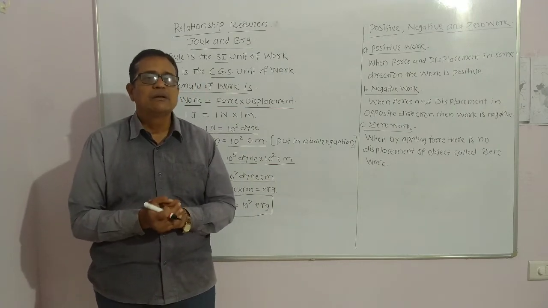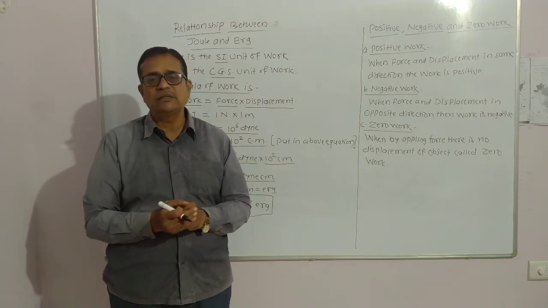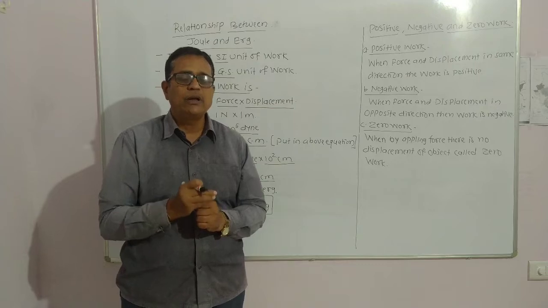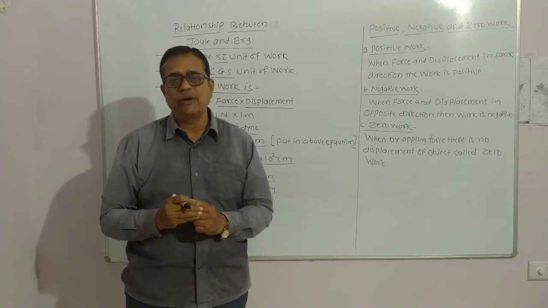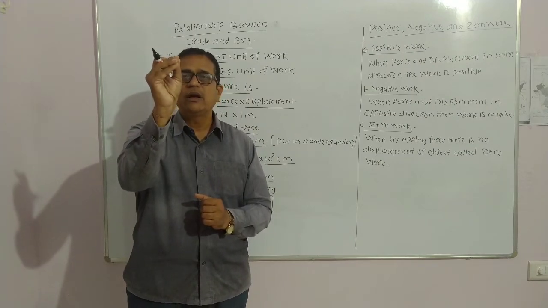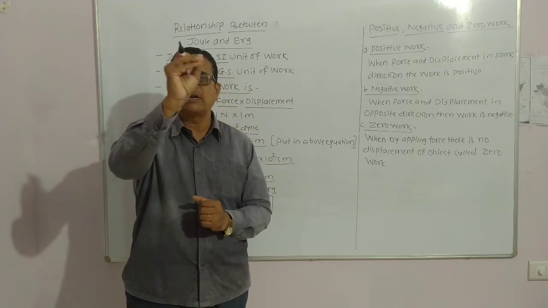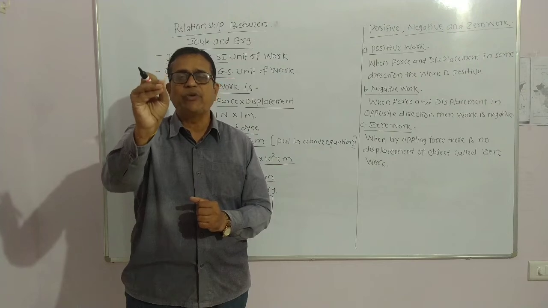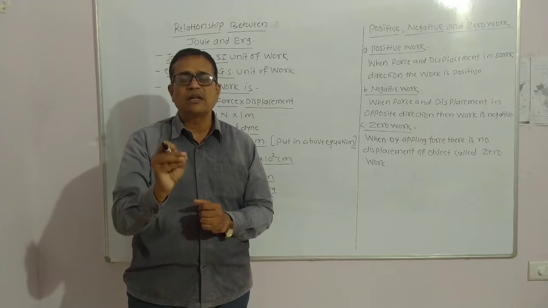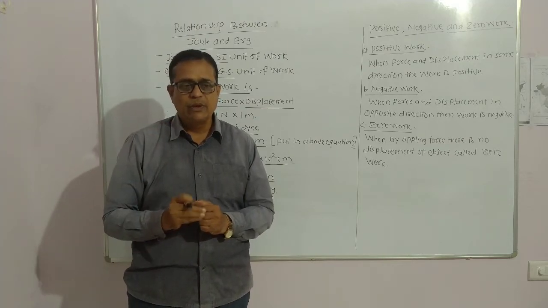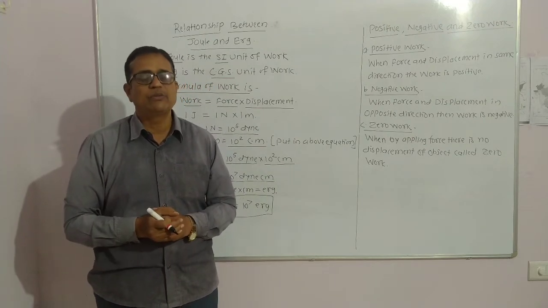Many examples are there of work, and in some examples, for example, one athlete starts from one point, moves on a circular track and again reaches the same point. For example, this is one point and the athlete starts from this point on a circular track, moves on the circular track and reaches the same particular point. म्हणजे ज्या पॉइंटवरून तो निघाला परत त्याच पॉइंटवर जर आला तर त्या ठिकाणी डिस्प्लेसमेंट हे 0 आहे. Force is applied but displacement is 0, and that is another example.